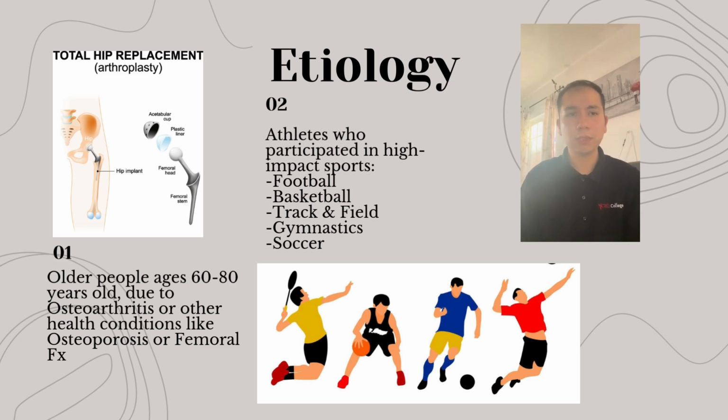So total hip arthroplasty, also known as a hip replacement surgery, involves replacing the hip joint with artificial components such as plastic, metal, and cement. This surgery has various methods of doing it, like the posterior approach, lateral approach, and anterior approach. And this surgery is associated with certain medical conditions that include osteoarthritis, rheumatoid arthritis, osteomyelitis, avascular necrosis, developmental dysplasia, osteoporosis,